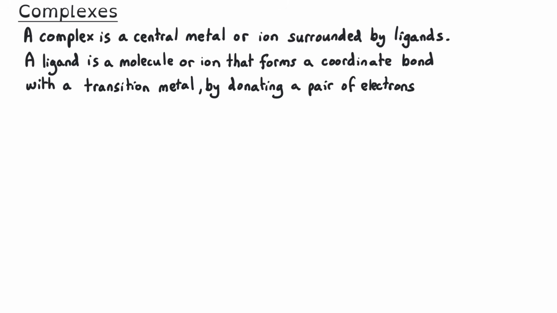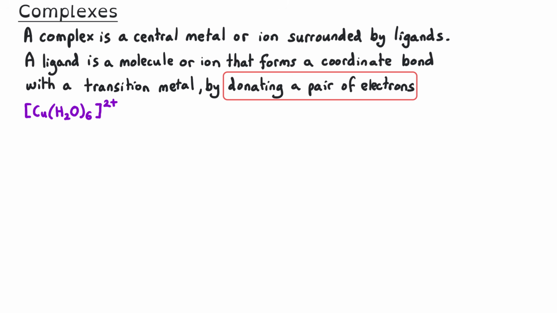A complex is a central metal atom or ion surrounded by ligands, and a ligand is a molecule or ion that forms a coordinate bond, also known as a dative covalent bond. It does this by donating a pair of electrons into an empty or partially filled d orbital of the metal. And so the formula of the complex might look something like this, with a copper metal,